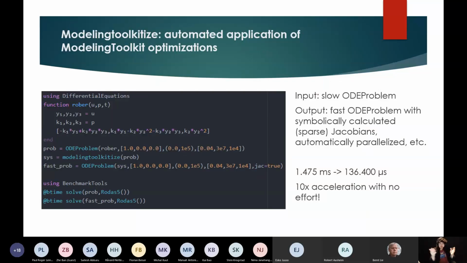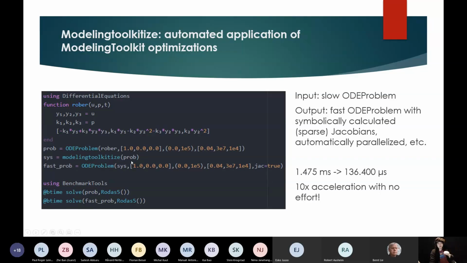And so what this looks like is you define an ordinary differential equation in the standard way that you do in the differential equation library, and then you just call ModelingToolkitize. What ModelingToolkitize does is it takes this ODE function and the compiler looks at this function, reinterprets it back into the symbolic form, so then it can do this analysis. So here's a fun example where someone has written down an ODE in a form that's very bad, right? Because it's allocating lots of small vectors, and so what we do is we don't tell the user that they're programming inefficiently. What we do is we just say, well, just use the tools, right? So they give us an ordinary differential equation, which is inefficient code.